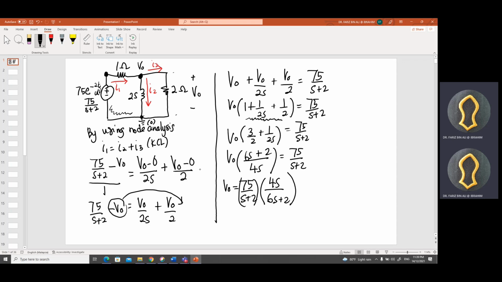Let's say I want to take 1 over 6 out. I can write here 75 over S plus 2, and then I take 1 over 6 out of the inner bracket, so you will have 4S over S plus